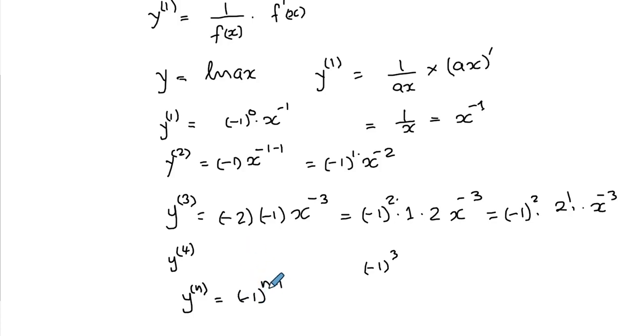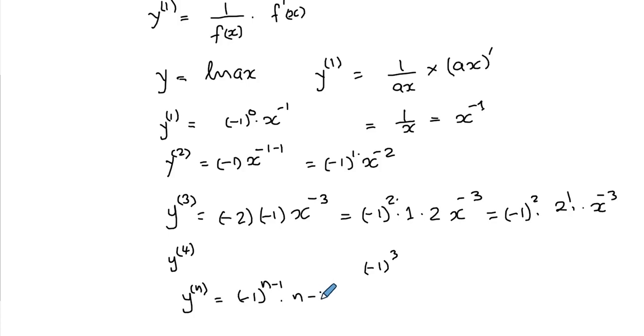As I said, the power of minus 1 here is always 1 less than that of the order. So here 0, 1 less than 1, here 1, 1 less than 2, here 2, 1 less than 3. So now if I've got n here, then you should have n minus 1 there, multiplied by